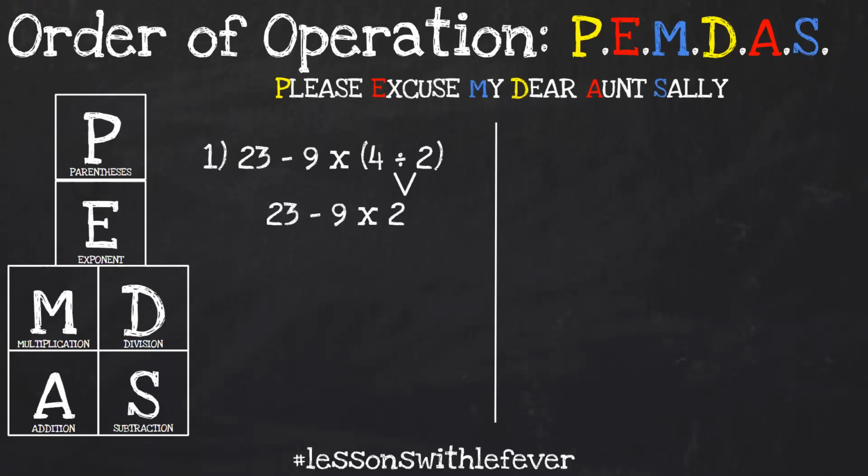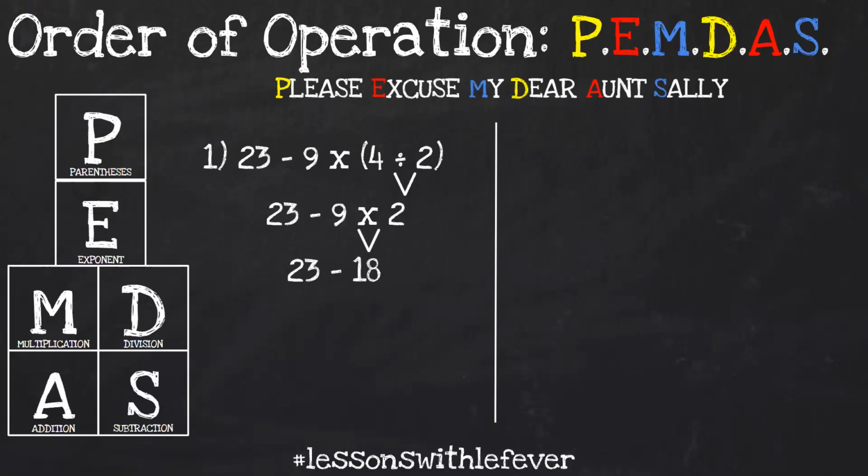Do I do 23 minus 9 first? No. Because again, if I look at PEMDAS, it tells me the order to follow. Just because the subtraction sign is first, we still have to do multiplication or division next. There are no exponents. We already did the parentheses, so the next thing it tells us to do is multiply. So what we do next is multiply 9 times 2. That gives us 18. We drop down the 23 and the subtraction sign, and now we have to do 23